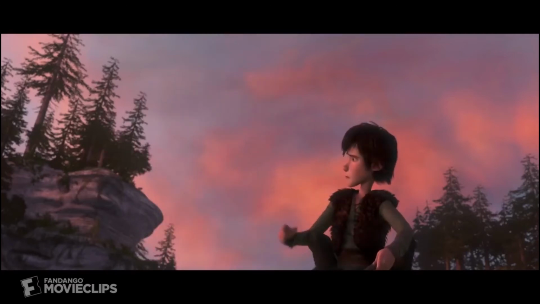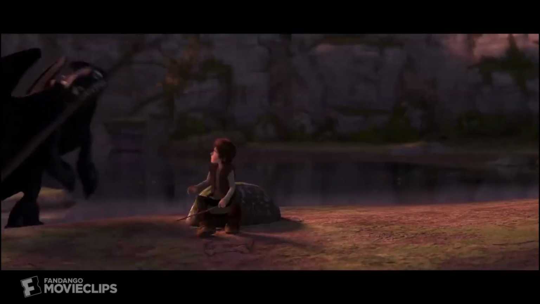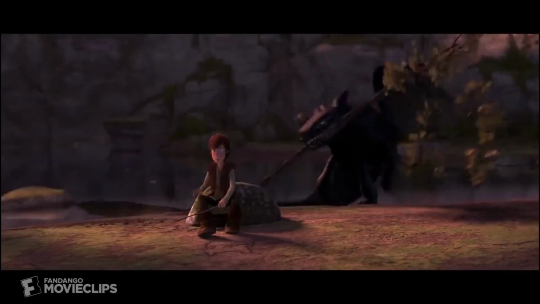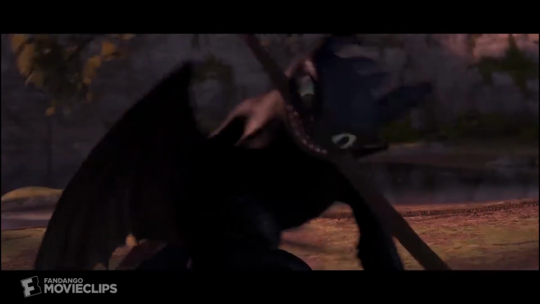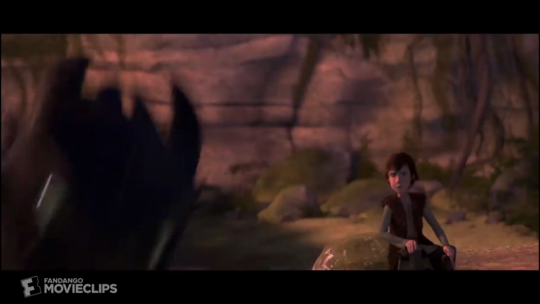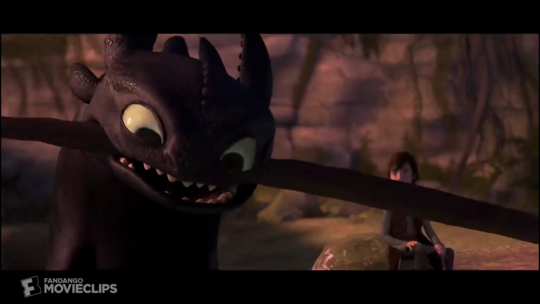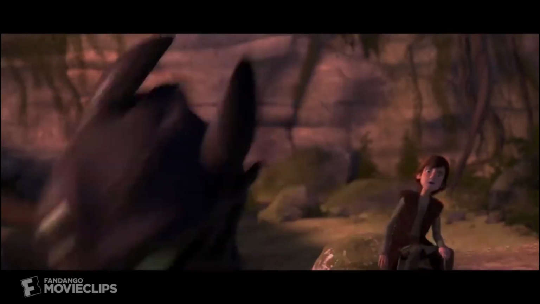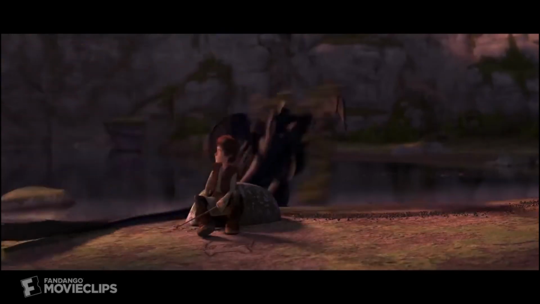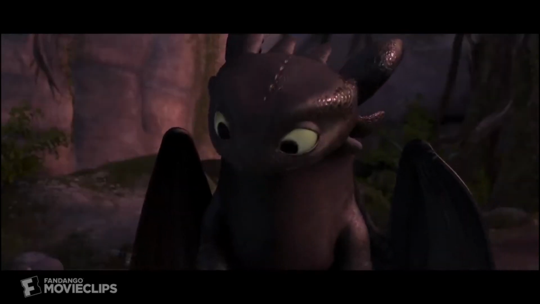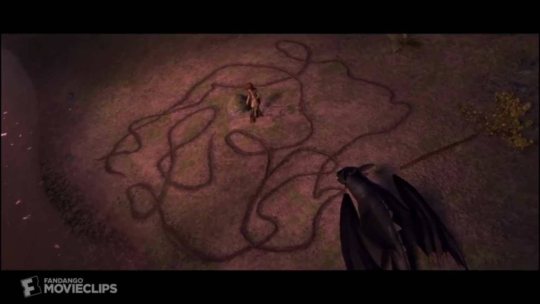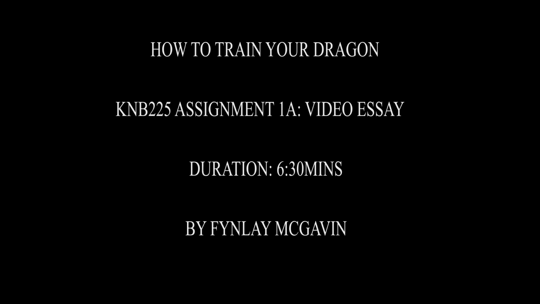Overall, it becomes clear from the scene excerpt chosen from the 2010 film How to Train Your Dragon that the effective utilization of the 12 principles of animation can develop believable and engaging character animation performances that can be relatable to the viewers of the film. These principles have also created clear character emotions and motivations that are essential in the creation of believable character animations. Therefore, these principles give this 3D fantasy world of the film and its characters depth and soul.